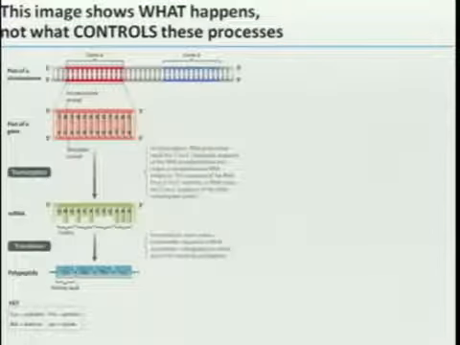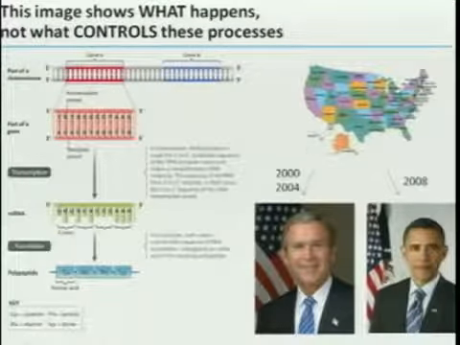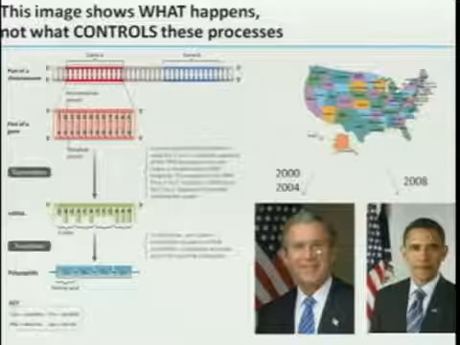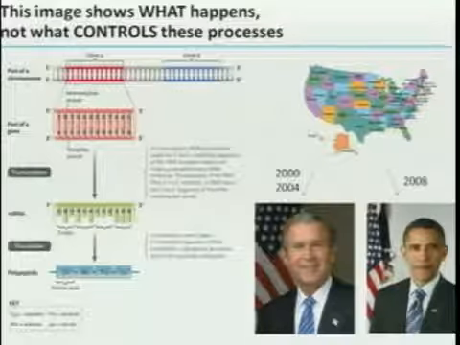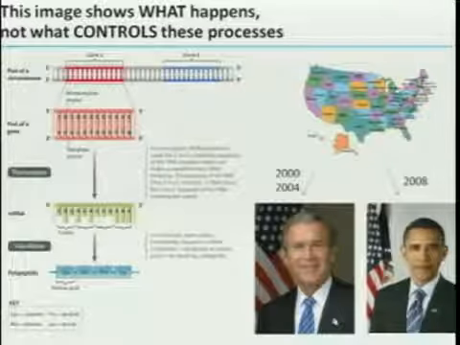Now, I've told you about the mechanics of gene expression. I told you about transcription and translation. My point to you this morning is that this image shows what happens, but says absolutely nothing about what controls what happens. So in an analogy that I will make throughout this morning's lecture, think about the general elections that have transpired in your lifetime. The United States of America, its population, went to the polls, and in 2000 and 2004 elected George W. Bush, and in 2008 elected Barack Obama to be the President of the United States. Now that describes what happened. The question is why? What were the mechanics?